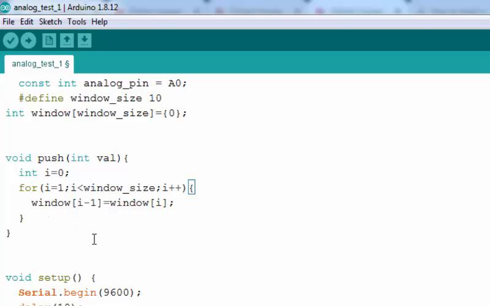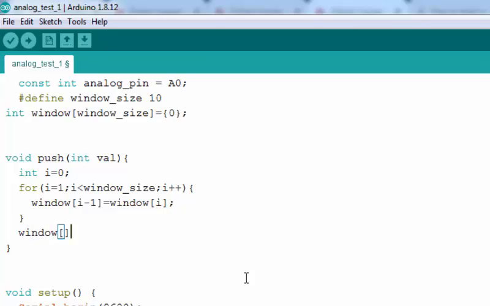And once we are done, what we are going to do is push the current value to the window at the I location, which in this case will be the size of the window minus 1. I should be not 10, it should be a 9 and 8. So basically what it is doing, okay,